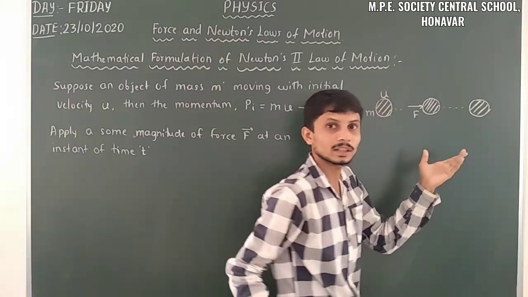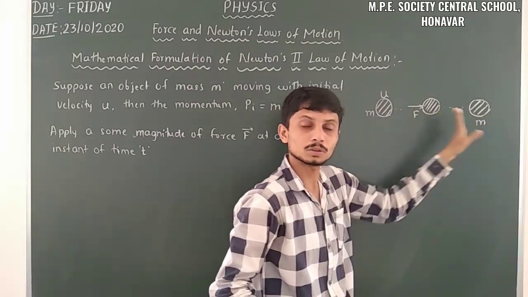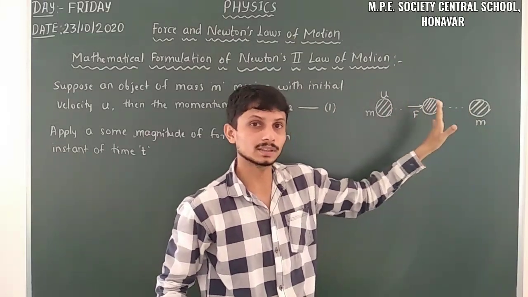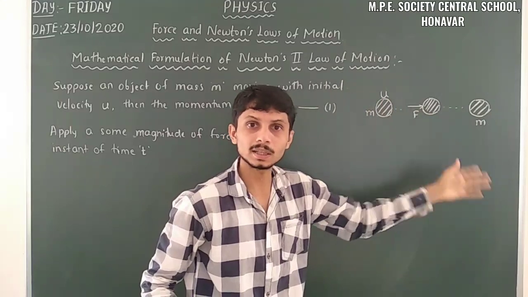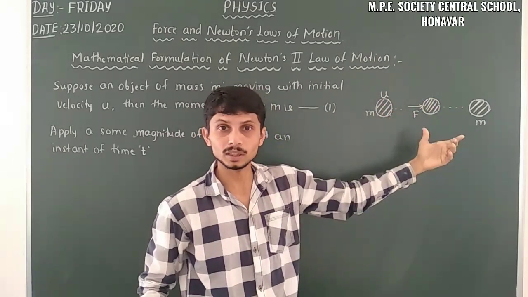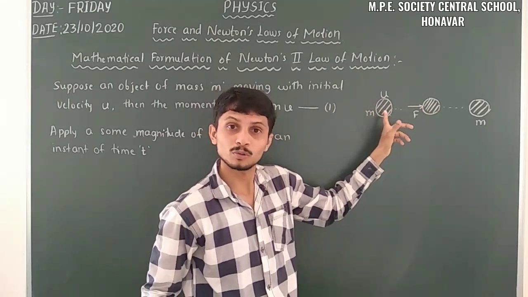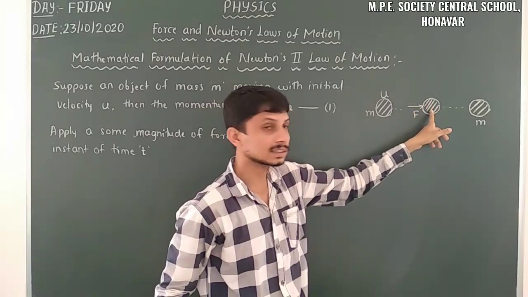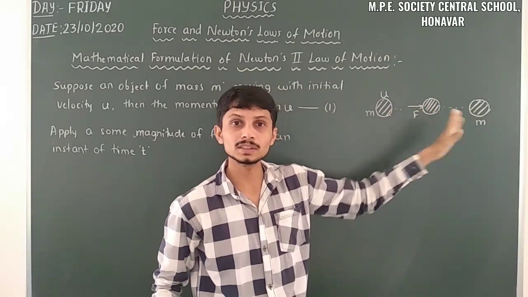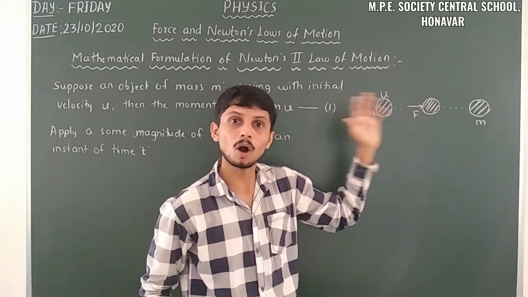So sometimes it's looking different. Here I am considering the same mass. Those three masses are the same, so those three objects are one and the same. These three are not different objects, they are the same object. Here it is before application of force, at the instant of application of force, and after application of force. So these three are the different cases of the same object.